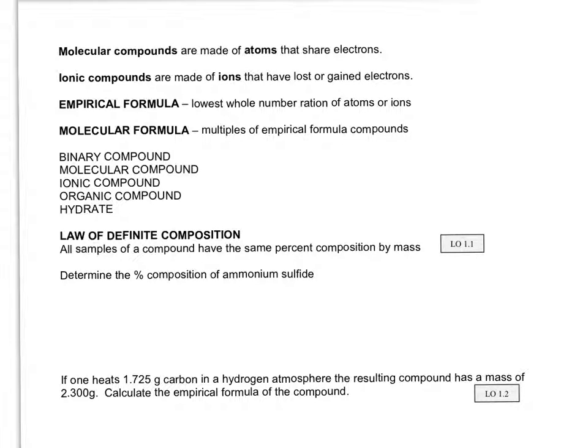So ammonium sulfide would be (NH4)2S. That's because NH4 ammonium is +1, sulfide is 2 minus. So if I wanted percent composition, that means again I want percent of each of the components. In this case, that's nitrogen, hydrogen, and sulfur. Percent of anything is going to be the mass of that component divided by the total. So the first thing I'm going to do is find the total mass of